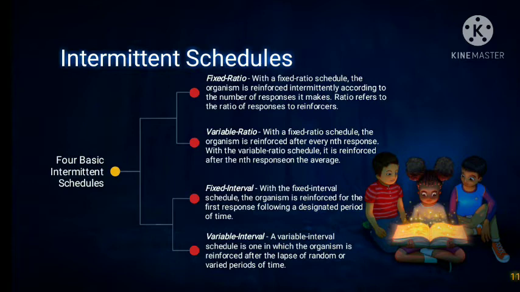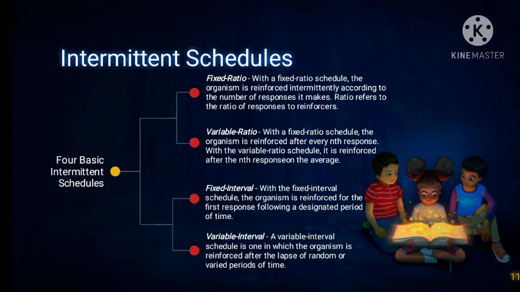Variable ratio. With a fixed ratio schedule, the organism is reinforced after every nth response. With the variable ratio schedule, it is reinforced after the nth response on the average. So mag-base sa average nth response bago i-reinforce. By the way, ang training daw kay dapat mag-start with continuous reinforcement then sunod kay low response number hantod sa i-increase to higher rate ang response. So just like earlier, rewardan ng kalapati kada ikatulong nga response. So on average, nasiya VR6 nga schedule, sunod kay VR10 and so on, hantod sa magkadako ang responses para ma-prevent ang extinction.